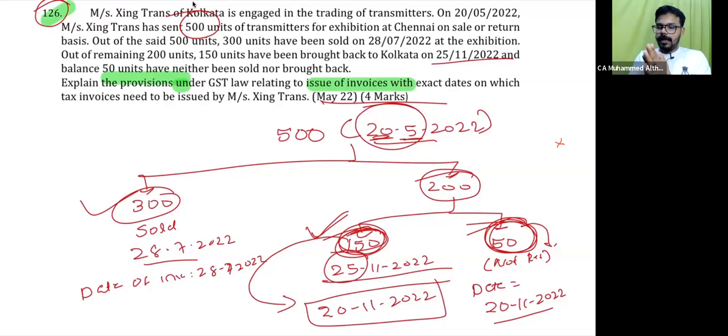So I think I've done 16 questions for today. So the balance 14 or 15, whatever questions, we'll be doing in the next session. The next session will be more important than this, because in the next session we will be covering value of supply, ITC, payment of tax, returns, every important chapter. And that doesn't mean that this one is not important. This is also very important because we have done a variety of questions, right? So I hope